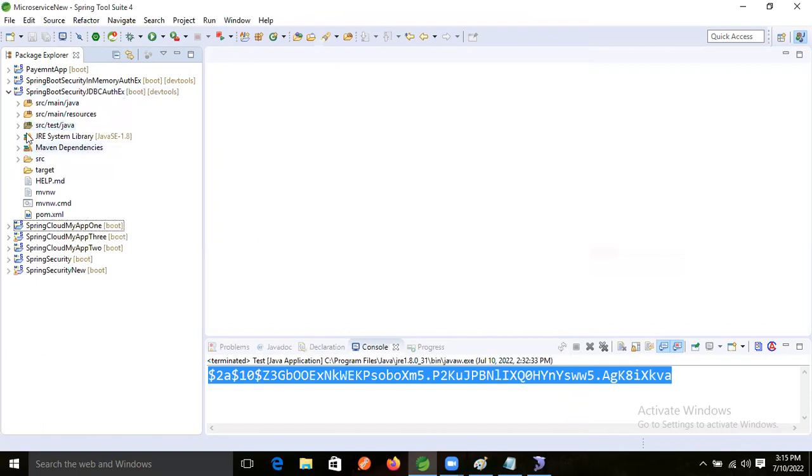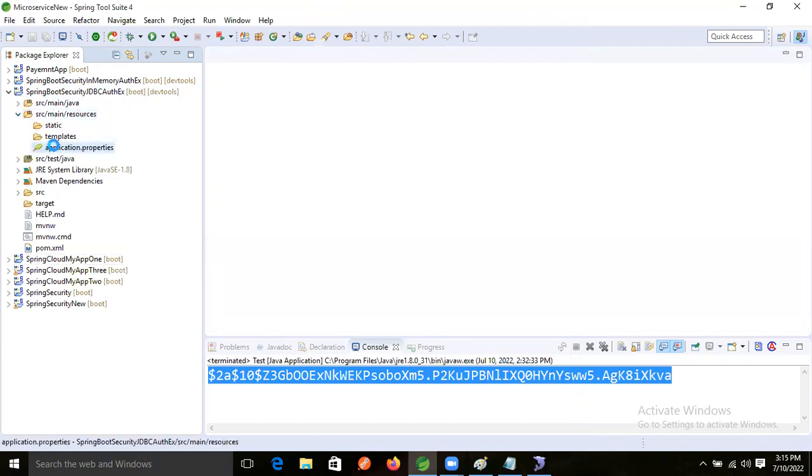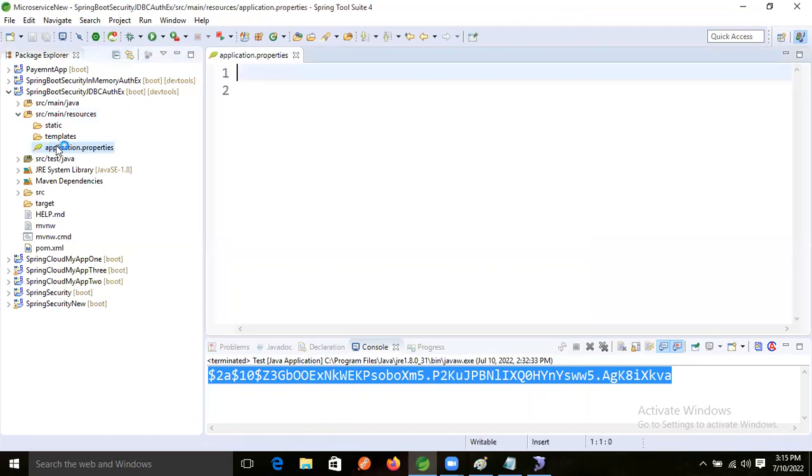Now open application.properties. Here, server.port, right? So 9090. Okay. Next, what will we take now? Anybody remember how we are configuring